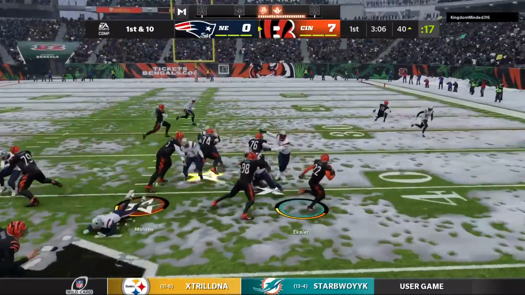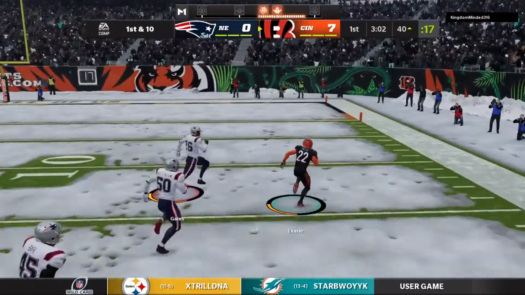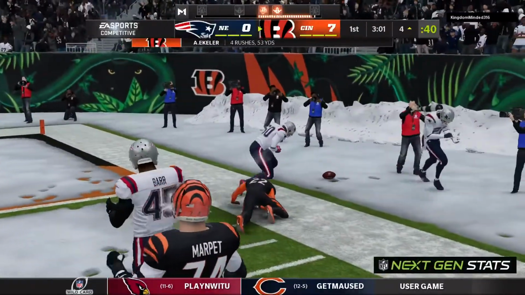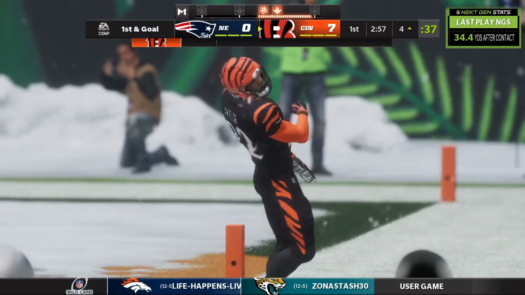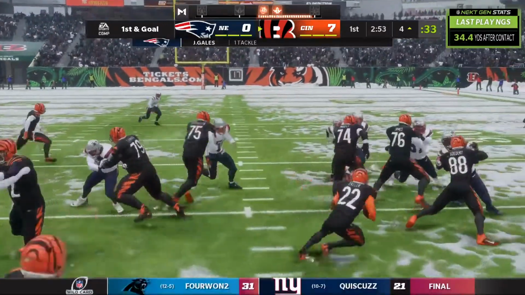Running on first down, Eckler runs through the contact, and some room to maneuver. 53 yards rushing for him already. A terrific first quarter here to begin the playoffs. Just a terrific run there, Charles, from a running back who is so compact and powerful, and that strength was